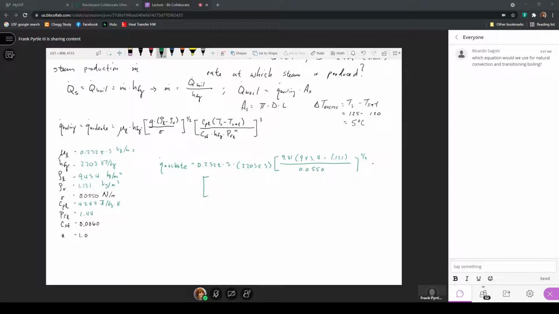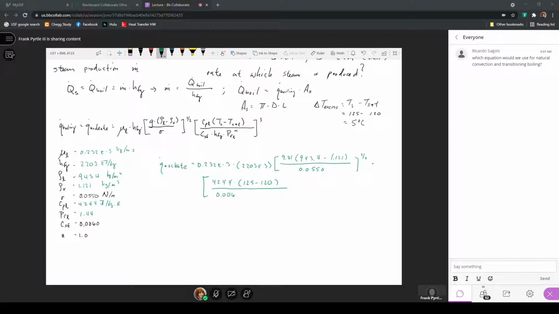The specific heat here of the liquid was 4,244 joules per kilogram Kelvin, so that's already in basic units. The surface temperature of 125 minus the saturation temperature. This first constant,